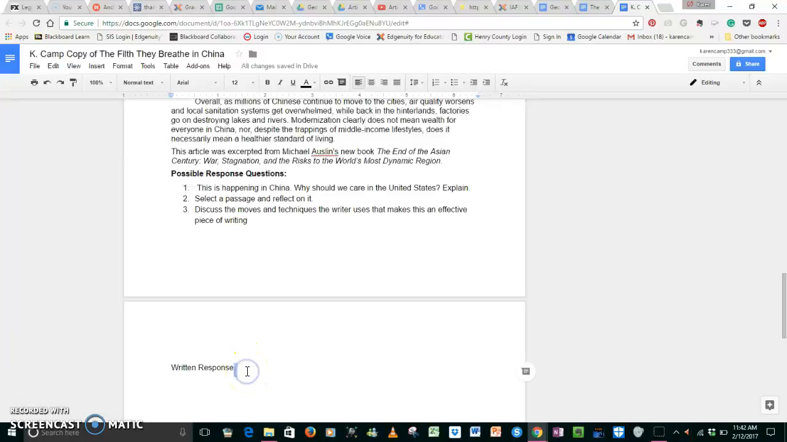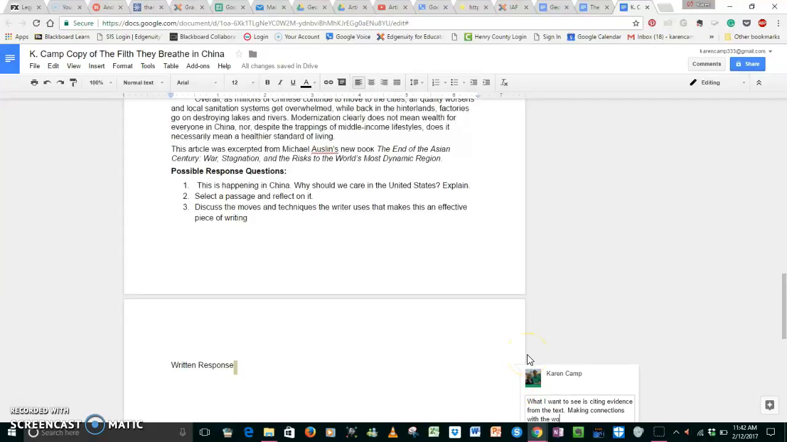But what I really want to see is citing evidence from the text and making connections with the world, definitely. Making world connections if you are in geography. You can also make connections to yourself and to other bits of text or other articles that you've read,